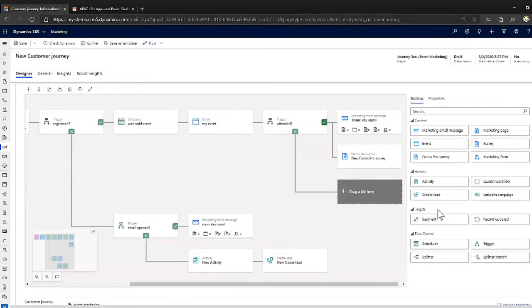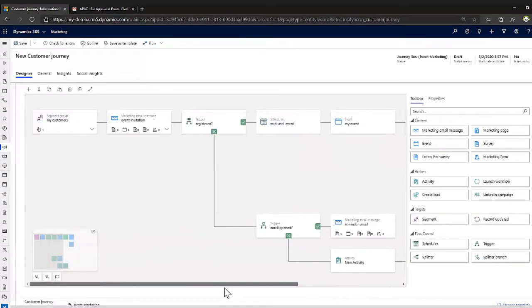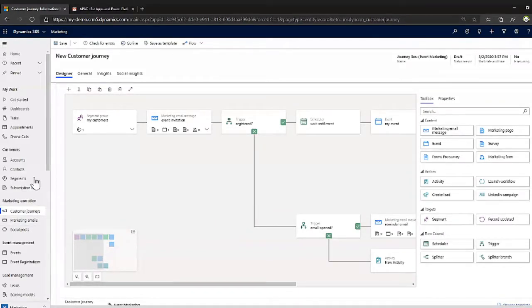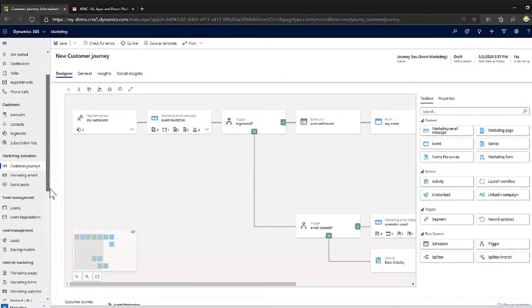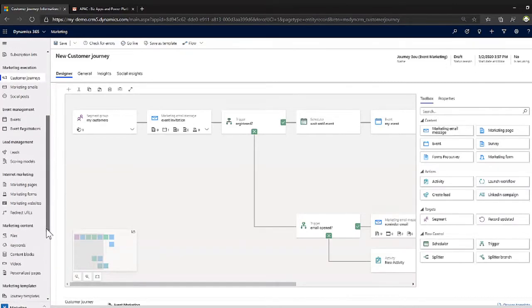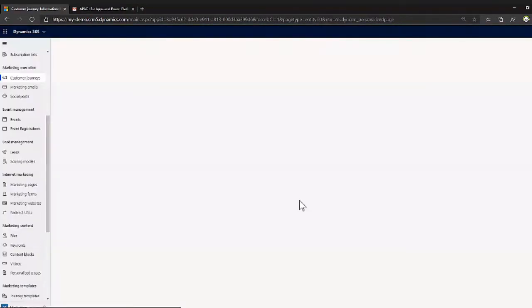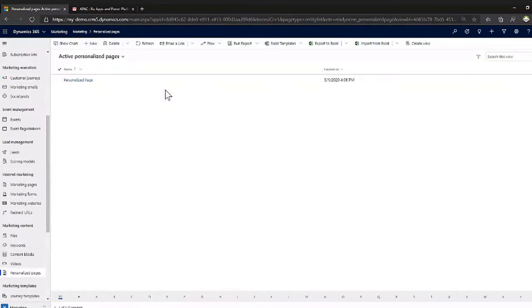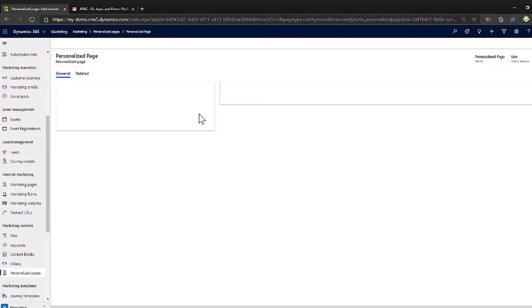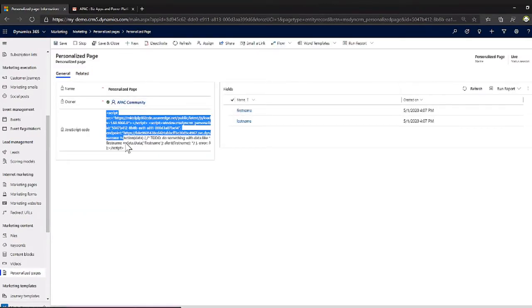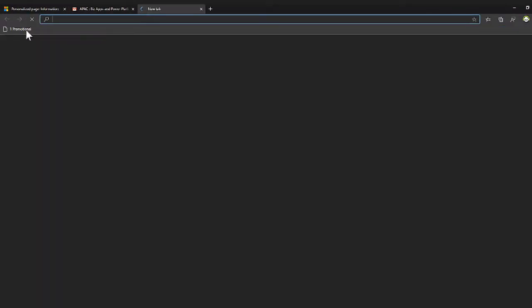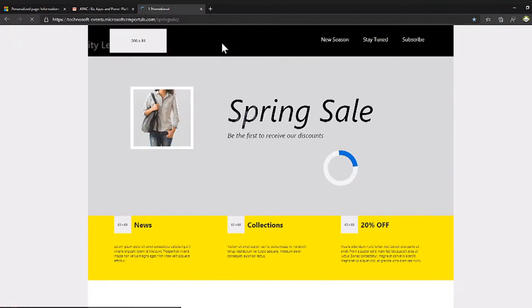There are so many activities you can do in here, right? So this is the customer journey. Another way you can make it personalized is the personalized page feature. If I jump to here, I create a personalized page and embed this script into my website. So what happened here is when I access this website,